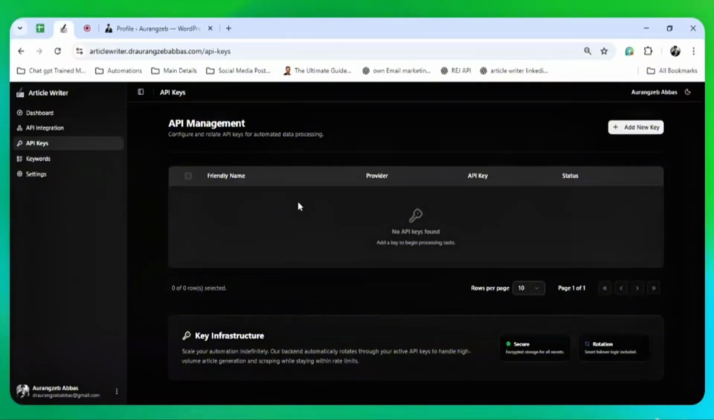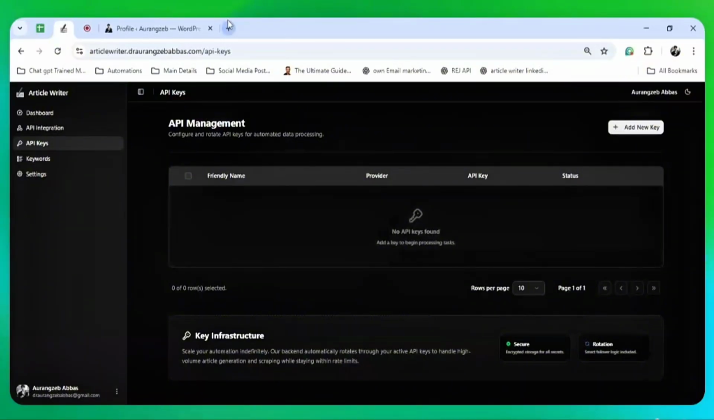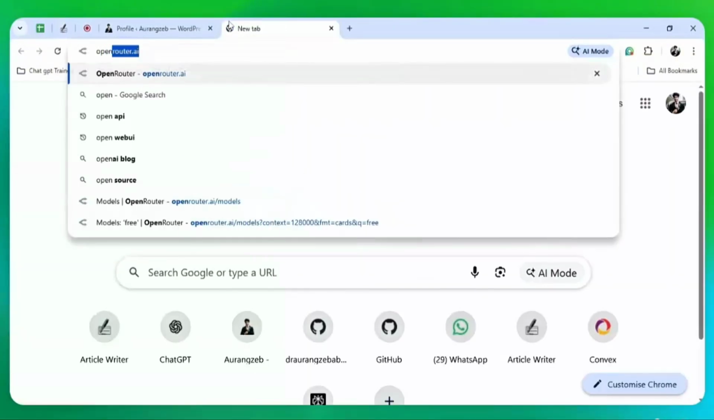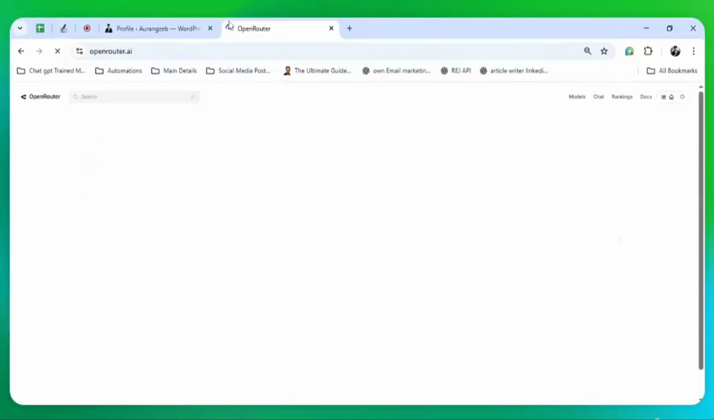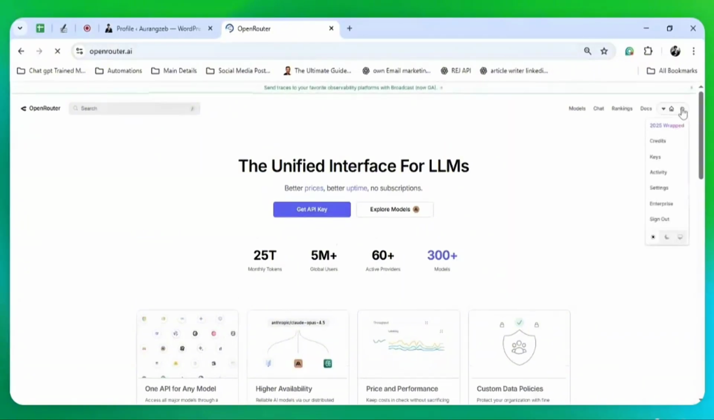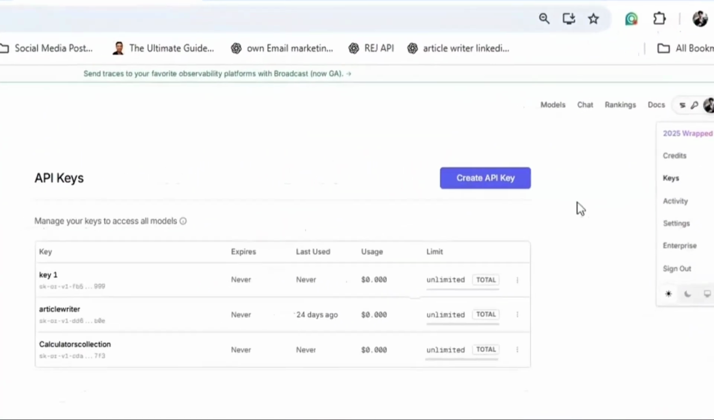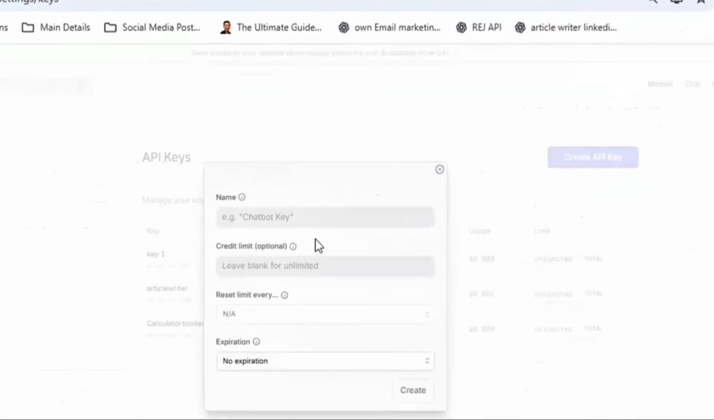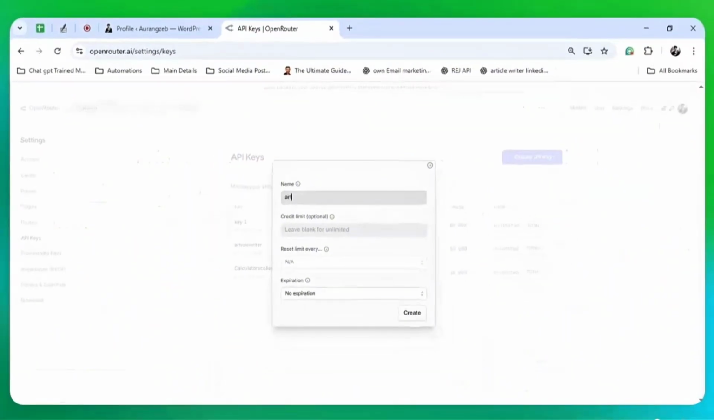So to add the API key, you would need to go to openauto.ai. After coming to openauto.ai, create an account. I already have one, so I'm logged in. Click on your profile and keys. Create one, name it anything, article, and keep everything blank. And this has no expiry. Create one, copy the key,